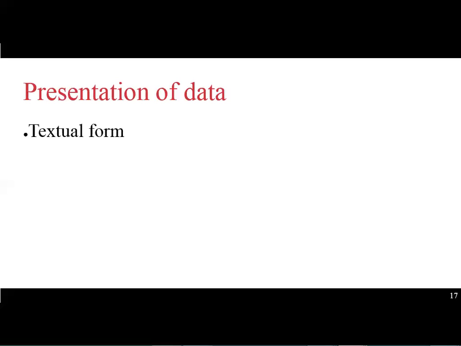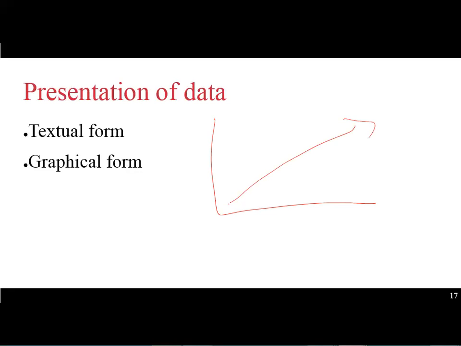Now, for the graphical form, the second one, this is where data is organized and presented through the use of various kinds of graphs. It facilitates analyzing, summarizing, and understanding voluminous sets of data. There are different types of graphs. I hope you remember these types of graphs. Common graphs are the line graph. The illustration of the line graph is like this: you have the x and the y axis, and then you have your graph.